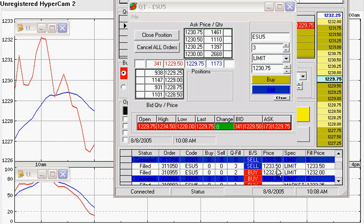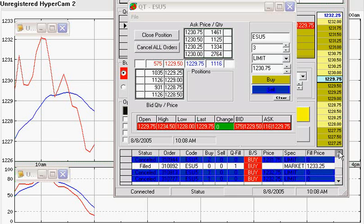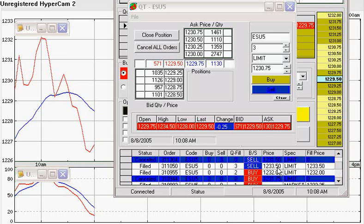I want to say 75, because that would have been 2 ticks. Let me go back and see. Yeah, 75, because that would have been 2 ticks above the original price that I had gotten in. So I would have made 2 ticks profit on that one, and then a full 7 ticks profit on the second trade. And so as it moved up and moved up and moved up, going in my favor,